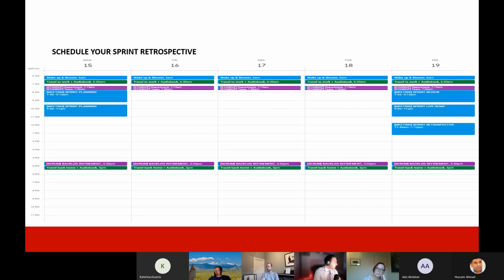Next on the schedule is the sprint retrospective. This is where you go through with your team and discuss how the sprint went, what went right, what went wrong, and how you can improve. They call it a sprint retrospective, but sometimes I want to call it sprint optimization.